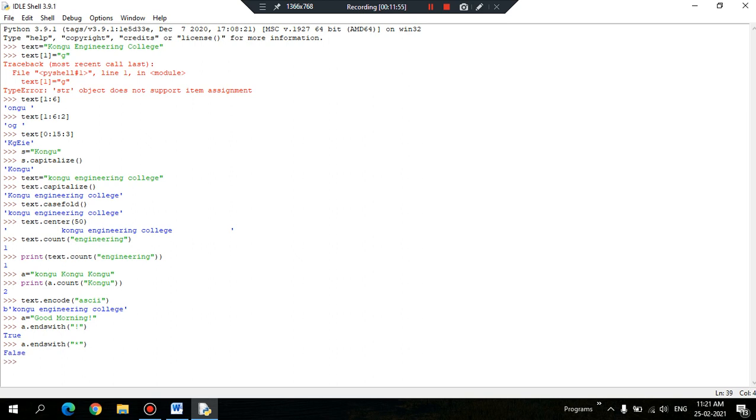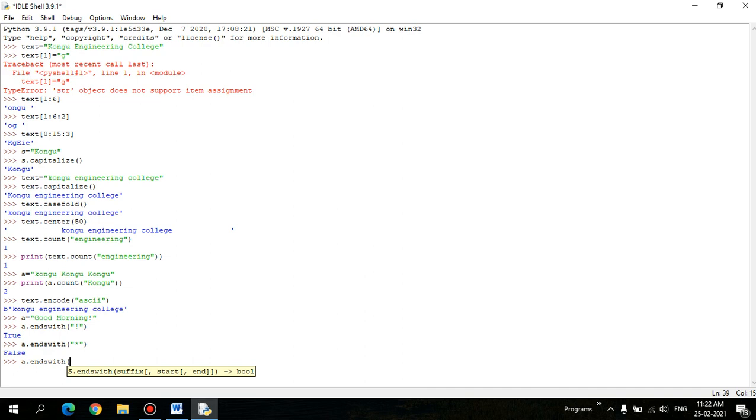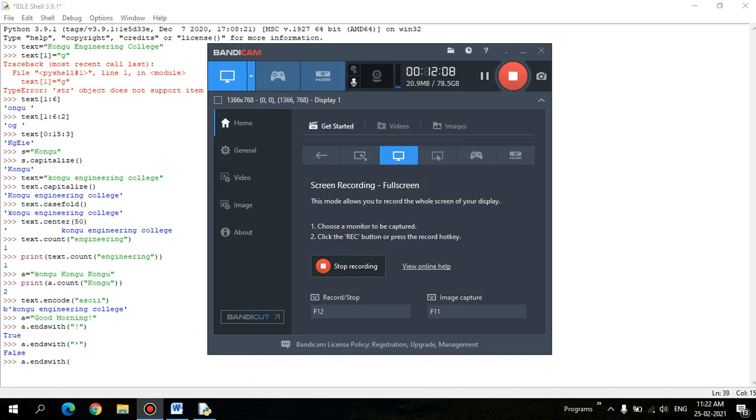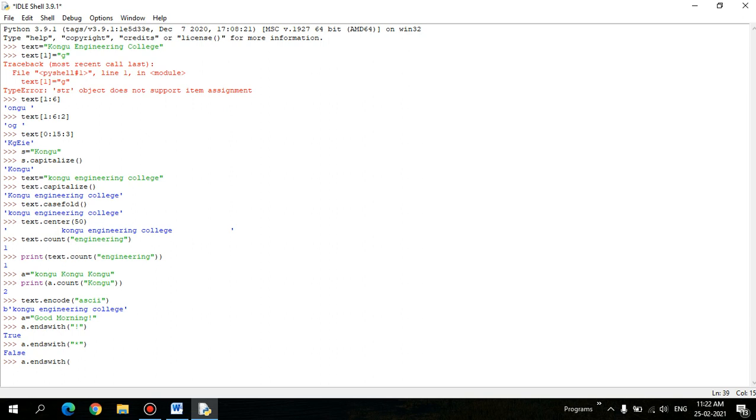So you'll have some optional parameters also, which means I can start my search and end my search somewhere. Here it has to be dot endswith of, and I need to specify the optional parameters.